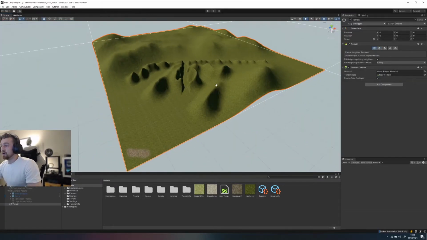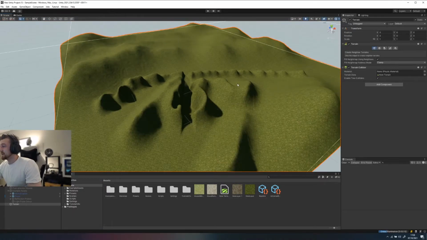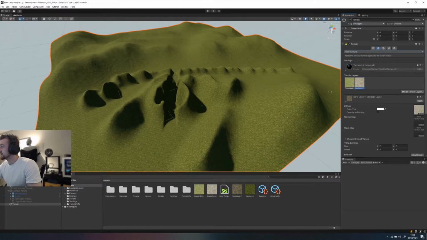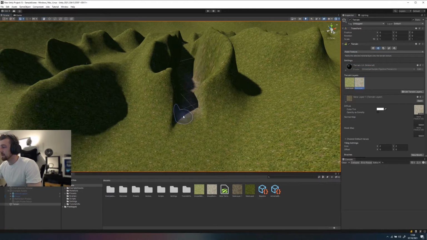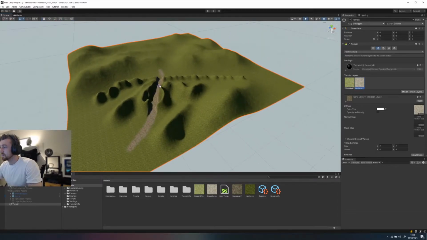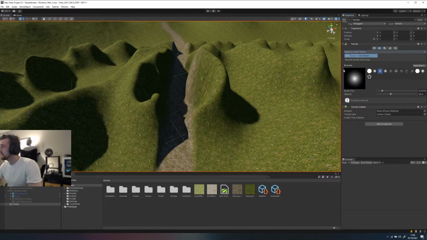So that's almost what we did in the first tutorial. Now what I am going to do here though is just to kind of give us a bit more texture. I am going to go back to paint texture. I'm just going to select this. I'm just going to paint a little path down here, so we can have a little bit more to see and do. Okay, so we have our little path through a really glitchy looking ravine here,